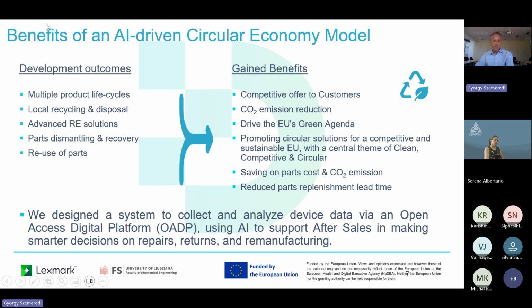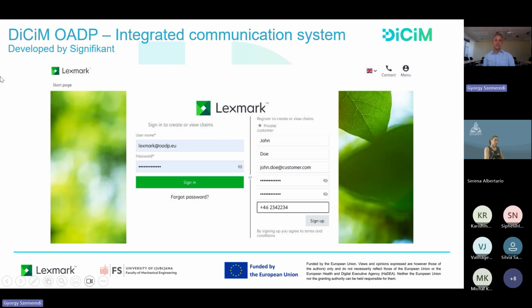And having that mentioned, we're using an integrated system for data transferring and customer claims. This is the integrated communication system platform, called OEDP, developed by Significant.